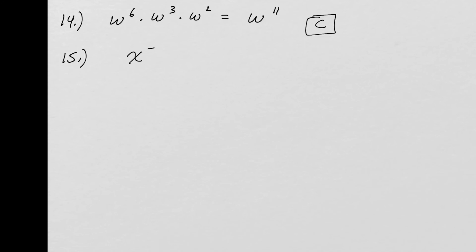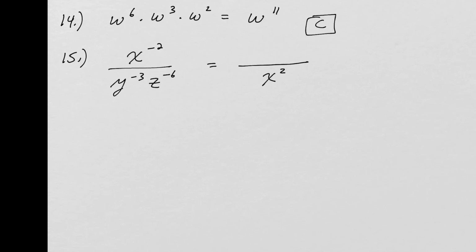15. We have x to the negative 2 over y to negative 3, and then z to negative 6. And we want to rewrite it so that we only have positive exponents. Well, the easy way to think about this is, if I move one of those variables from numerator to denominator, or vice versa, from denominator to numerator, I'm going to switch the sign of the exponent. So if I move the x to negative 2 to the denominator, it becomes x to the positive 2,